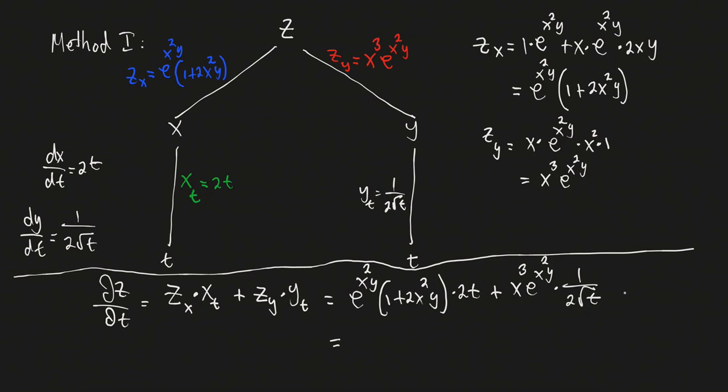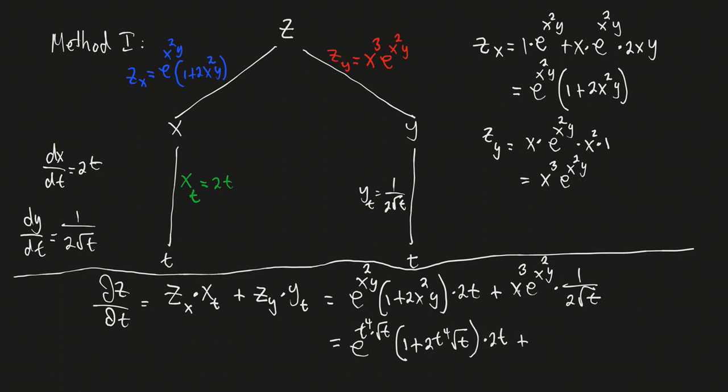So if I wanted all of this to be in terms of t, then I could literally put t squared in for x and the square root of t in for y, and then I would have my dz dt in terms of t, in terms of the truly independent variable. So it looks like this. If I square t squared, I will get t to the fourth, and then times the square root of t, and then in parentheses I'll have 1 plus 2, again, t squared is t to the fourth, and again times another root t, and then times 2t,